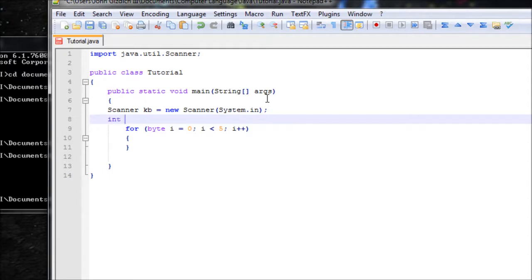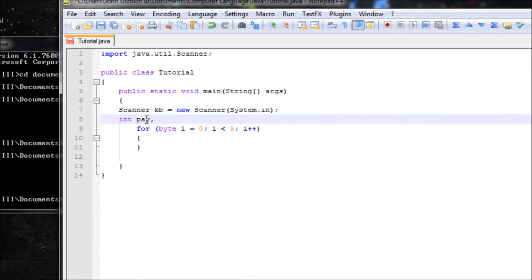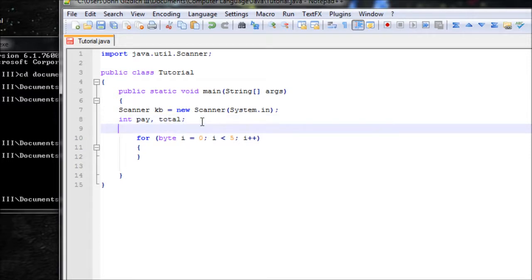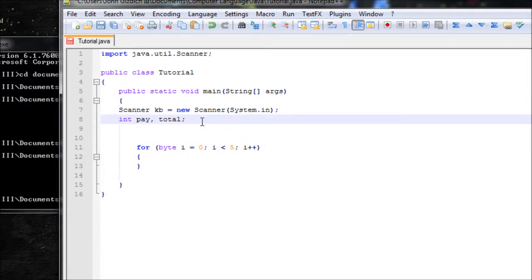So let's declare int pay so the user can enter their value for pay, and then we're going to use total for the accumulator, and you'll see why we need that, and make sure it's equivalent to 0. So every time the loop goes on, it will add on to 0, and eventually will be the sum of the total